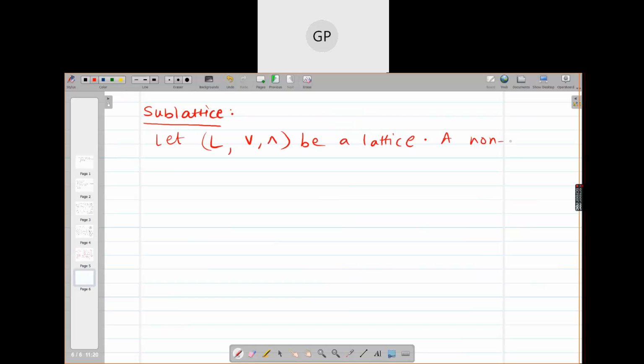A sublattice means L is also a set for us, so we take a subset of that set. A non-empty subset S of L is called a sublattice of L